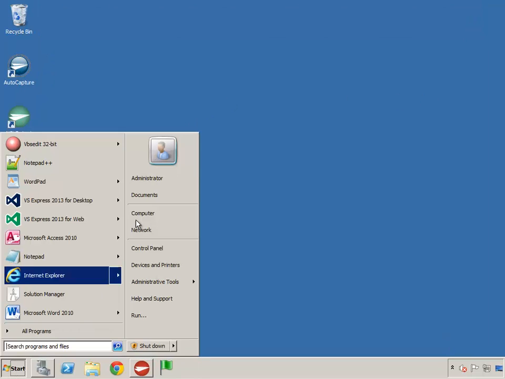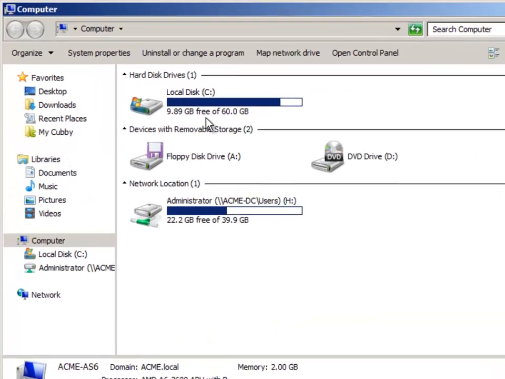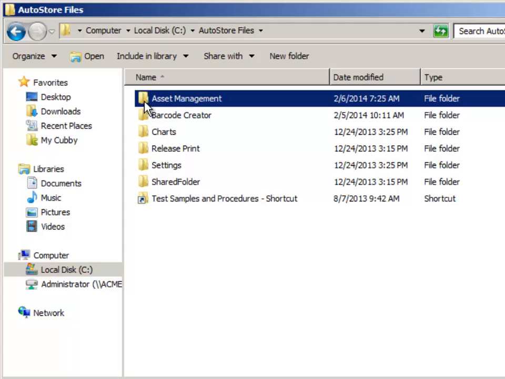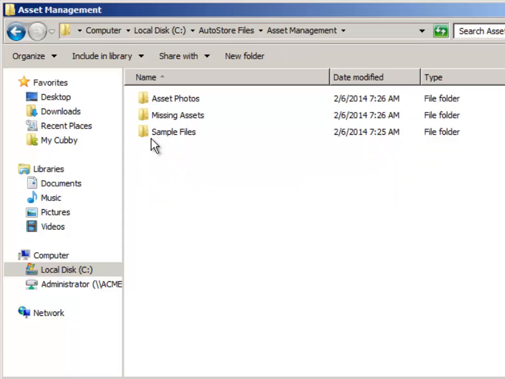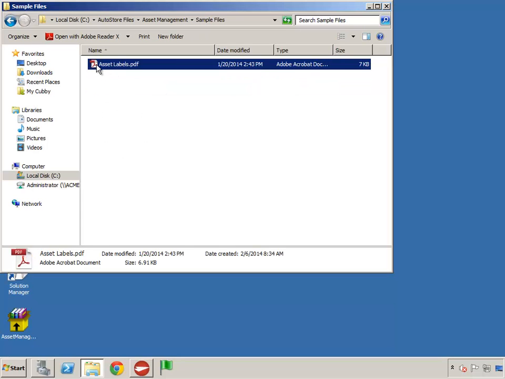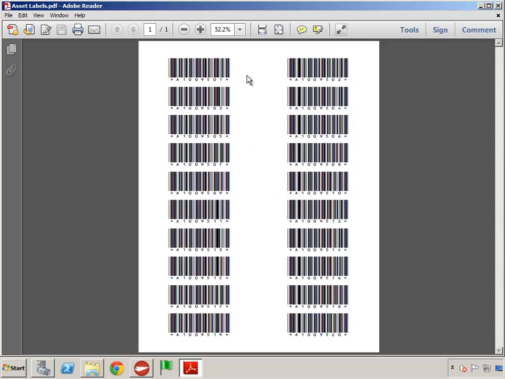Alright, and then what I want to do is look at the AutoStore files folder on the C drive. And there's a new folder here called Asset Management. This folder contains some different folders, and the sample files folder contains an asset labels sample. I've already created 20 asset tags that could be printed and used for demonstration purposes, and as part of the demo, the first 2 have already been assigned to some assets, so 03 all the way to 020 in this example can be used for repurposing. So let me go ahead and close this,